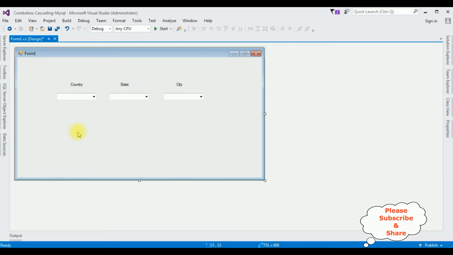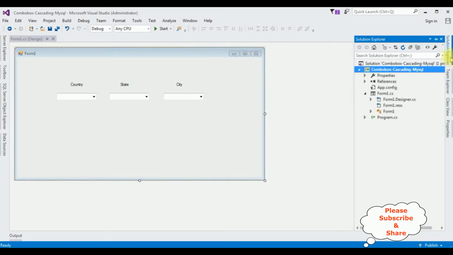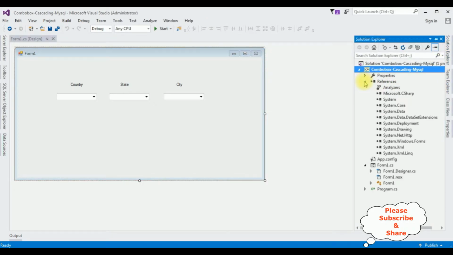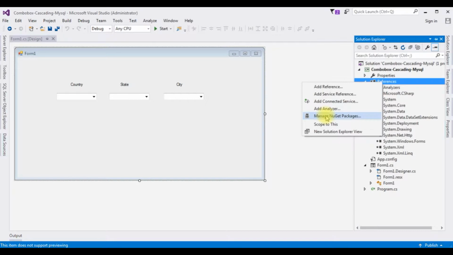Now the coding part. But before writing the coding part, to bind the data into these combo box controls from the MySQL phpMyAdmin database in a Windows application, by default the mysql.data library is not available. We have to install the DLL library from the NuGet package. So open Solution Explorer. I'm expanding the references folder, and notice in this references folder there is no mysql.data DLL library. Let's add that library. Right click the references, Manage NuGet Packages,